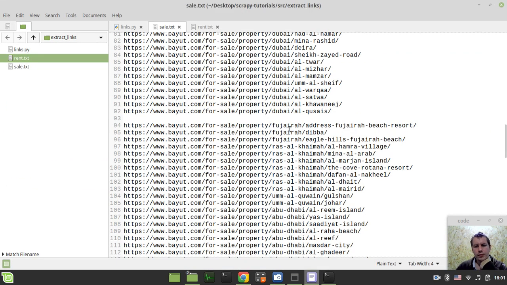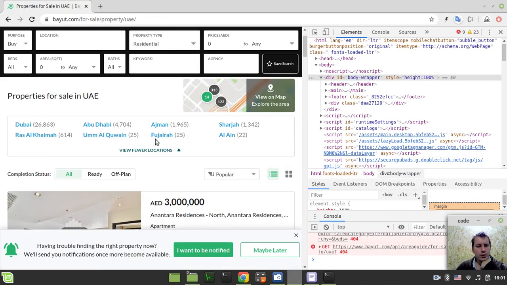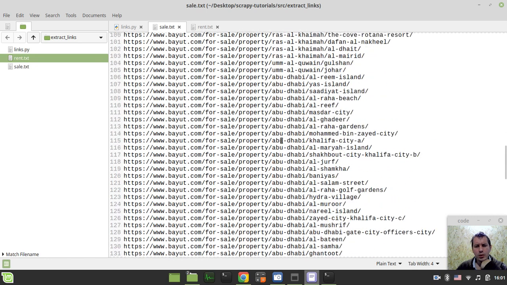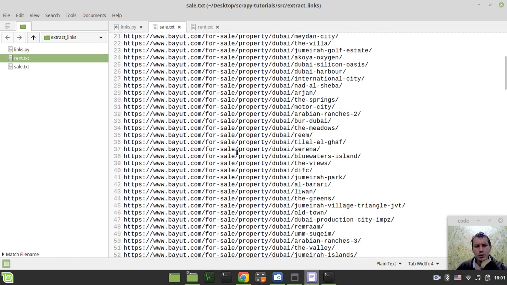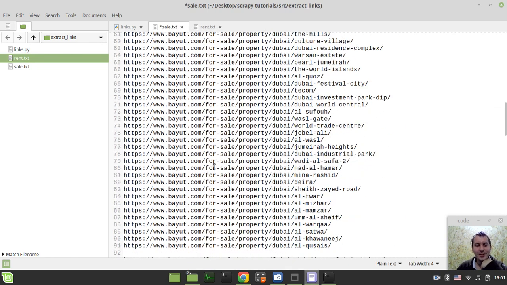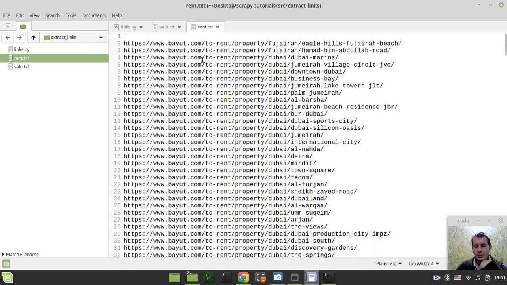So Fujairah. Interesting. Well, it's a bit strange to me why it makes only one. But well, anyway. Here is the little fix for this, and we're done. Okay, and the same for rent, I believe,